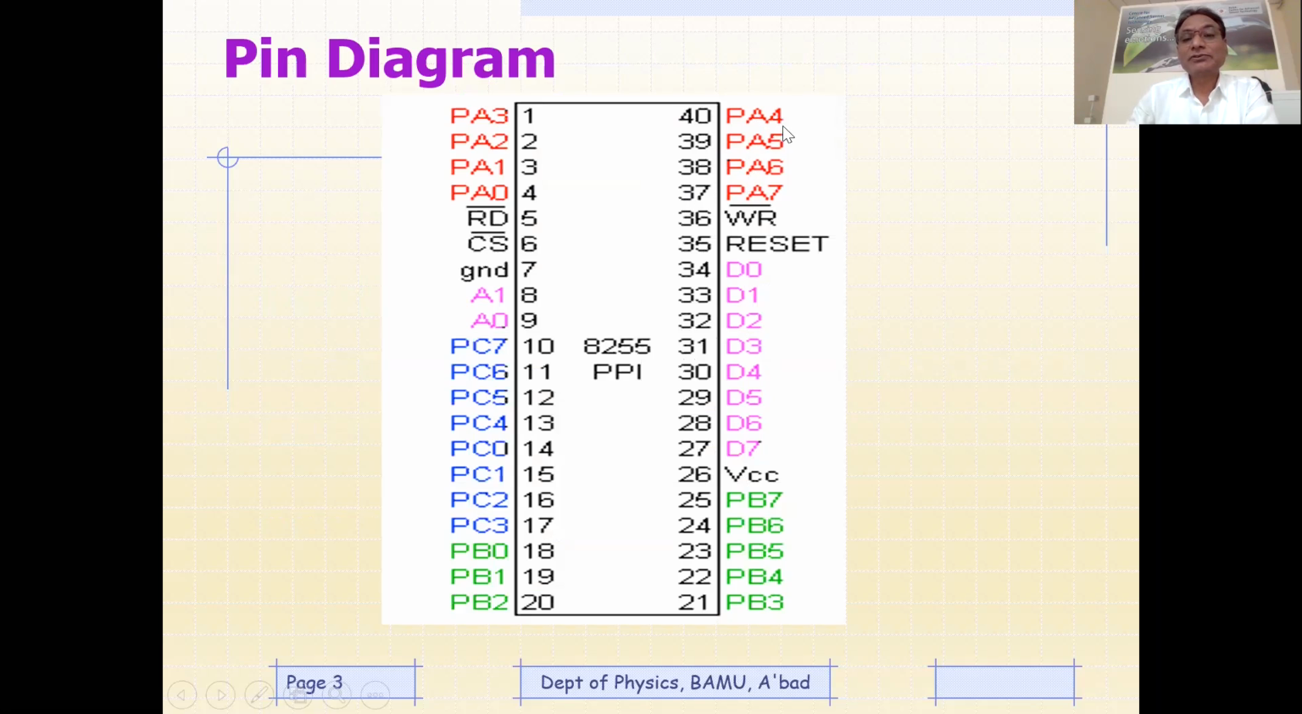These are PA4, PA5, PA6, and PA7. It means pins 1 to 4 and 37 to 40 belong to port A. Then pin 5 belongs to RD bar, because this is going to be the interface between input device, output device, and microprocessor, right? So whenever you want to read something from the microprocessor, you need to